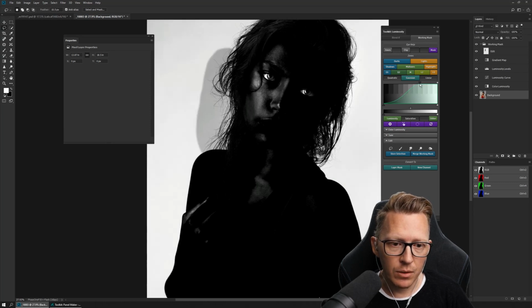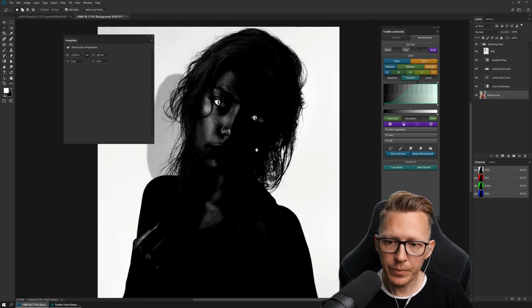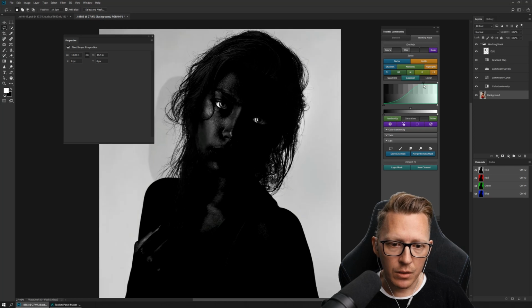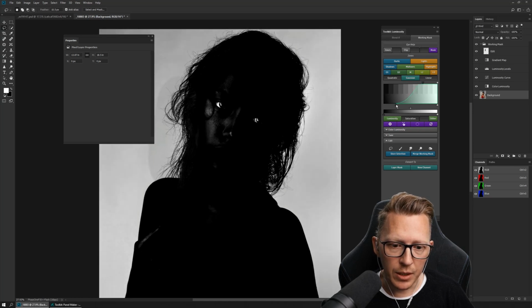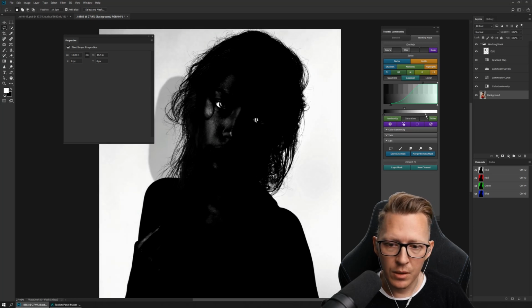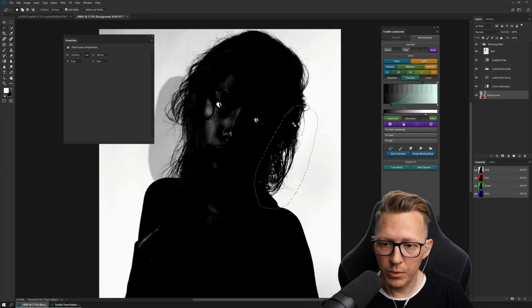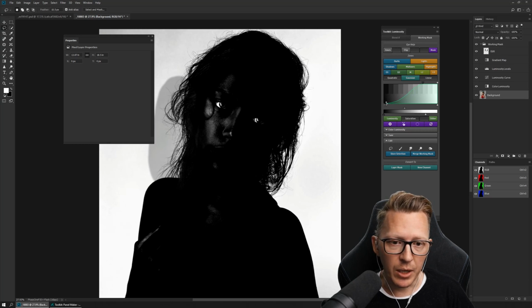Let's see. So as you can see, it keeps that type of selection. So then on this side, I might... this is more for example purposes now than how I would do it if I would try and do this as efficiently as possible. But I wanted to show you the edit feature. So then let's say this side is better looking here. And then I might look for an overall